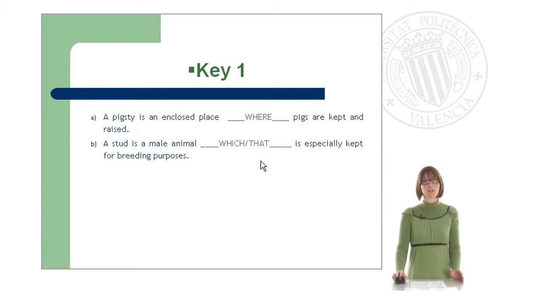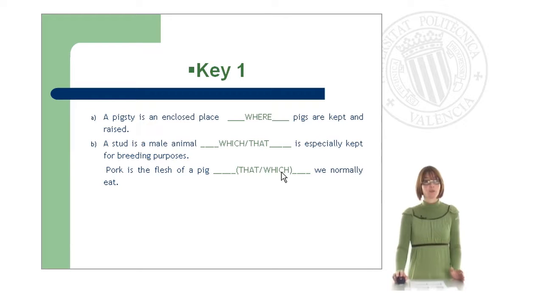Let's have a look at the next sentence. Pork is the flesh of a pig, that or which we normally eat. In this case, that or which is part of a clause which has a subject. The subject of this verb, eat, is we. So the relative pronoun is working as an object. In this case, we can omit the relative pronoun. That is why it appears in brackets. So it's more natural to say, pork is the flesh of a pig we normally eat.